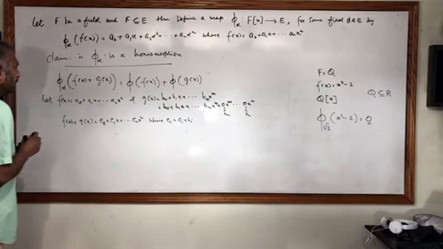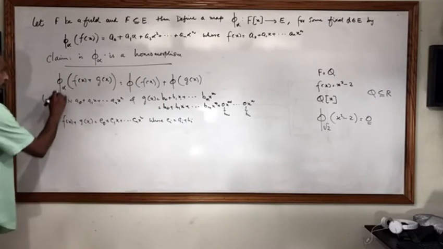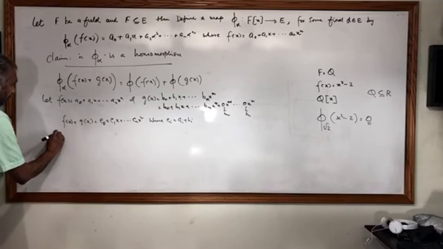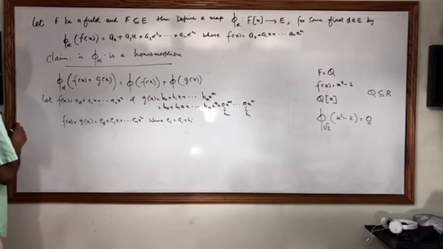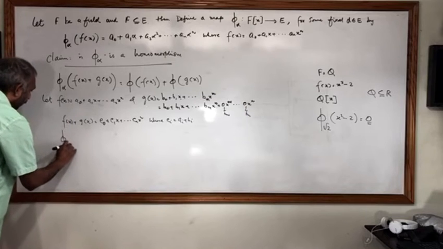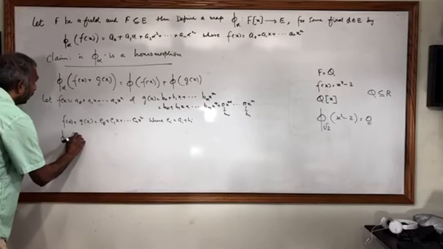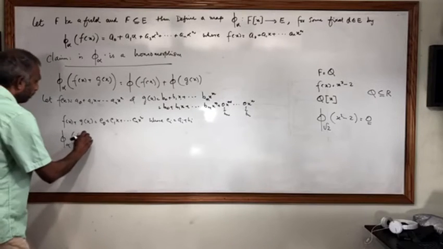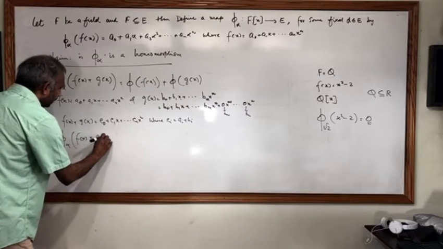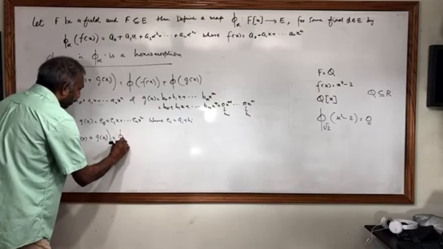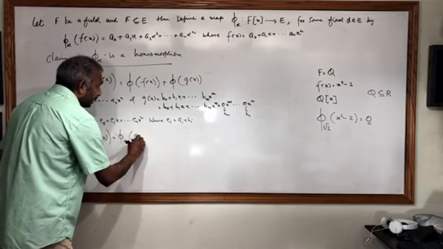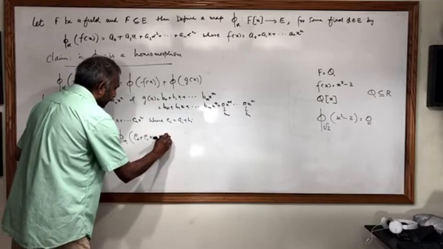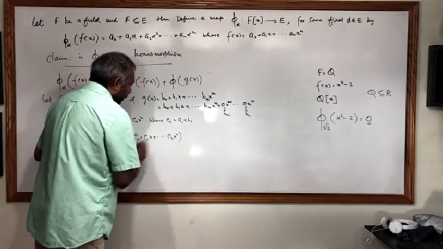And so it is clear that if you take this phi alpha of f(x) + g(x), it is equal to phi alpha of c0 + c1 x + ... + cn x^n,